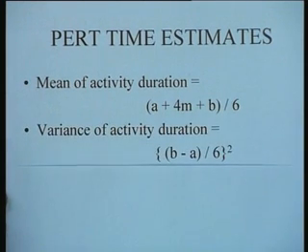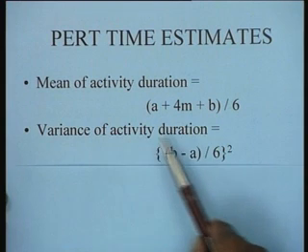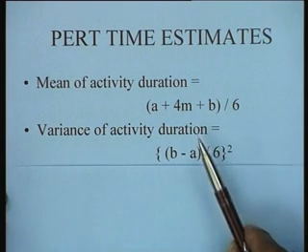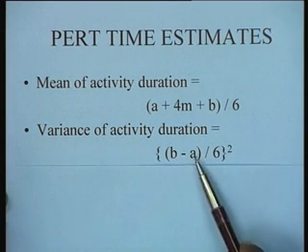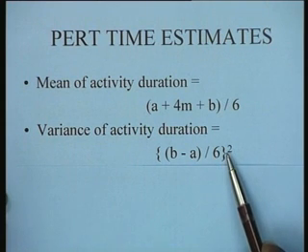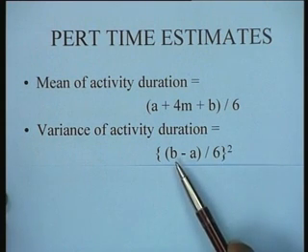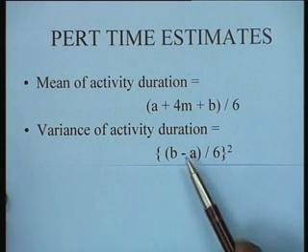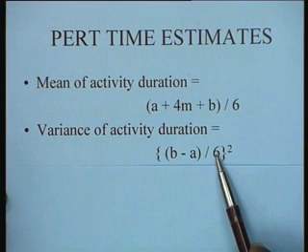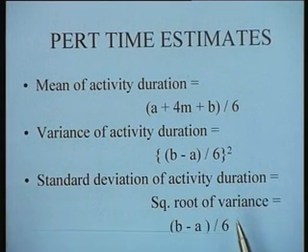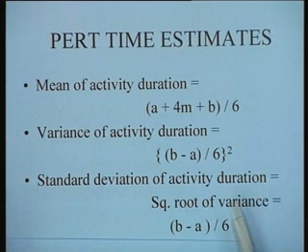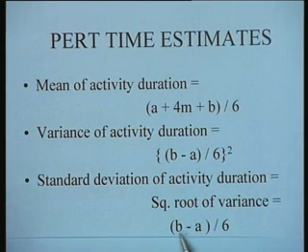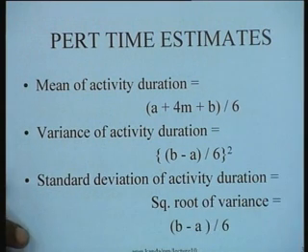And then in standard PERT computations, the variance of the activity duration is simply computed as ((B - A)/6) whole squared. You would recognize here that B minus A would in fact be the range of the distribution. So, the range divided by 6 is an estimate of the standard deviation, and therefore we can say that the standard deviation of the activity duration, which is the square root of the variance, is nothing but (B - A)/6 in that particular way.